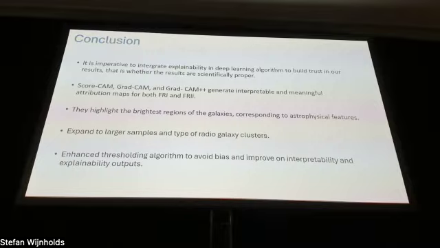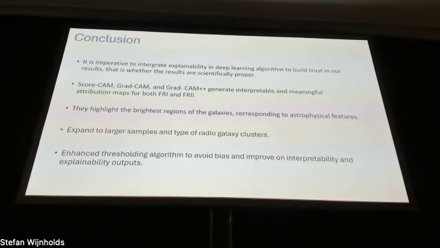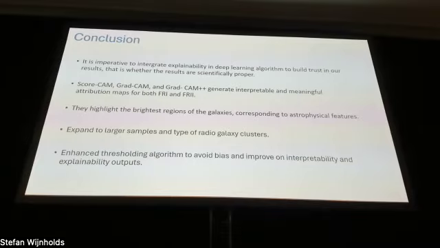And in terms of future work, our next step is to expand, because right now we are using only two types of galaxy, which are FR1 and FR2. But the sample had also other hybrid galaxies, which had on one side FR1 and on the other FR2. And of course, we have other sets of data as well, surveys, which have classified radio galaxies. So we are going to include larger samples so that we can have a better understanding of the attribution process.